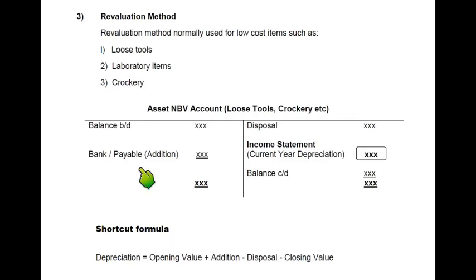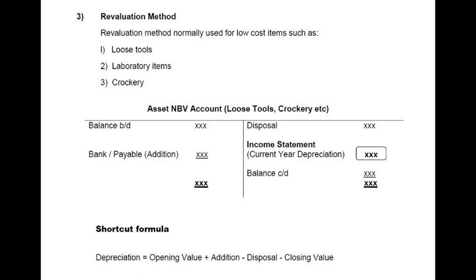Now instead of making this T account, there is another shortcut formula, a shortcut method, which is again the same. This is an equation-based representation of this formula. Opening value, this means balance BD, plus addition, meaning the new asset that we have bought in this year. Then minus disposal, deducting the asset that we have sold. Again we'll be using the value and not the amount at which we have actually sold the asset. Then minus closing value, this is balance CD. The difference that comes with this formula, or the final answer that is stated with this formula, is known as